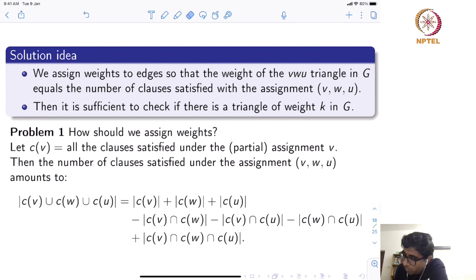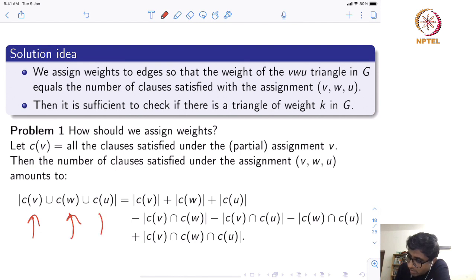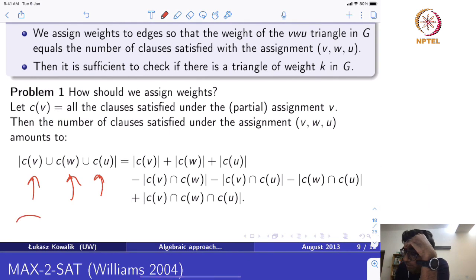Okay. So C is all the clauses. So set C_V, we are interested in this, but now maybe some clauses are satisfied both by V and W. So C_V, C_W, C_U, right? You now subtract those clauses, and then because of inclusion-exclusion, you have to also add C_V intersection C_W intersection C_U. But imagine that these are disjoint,